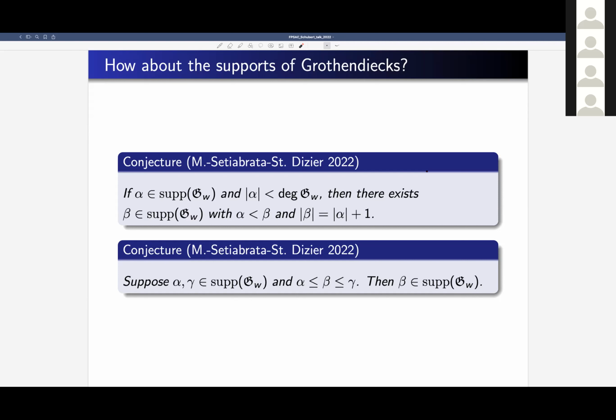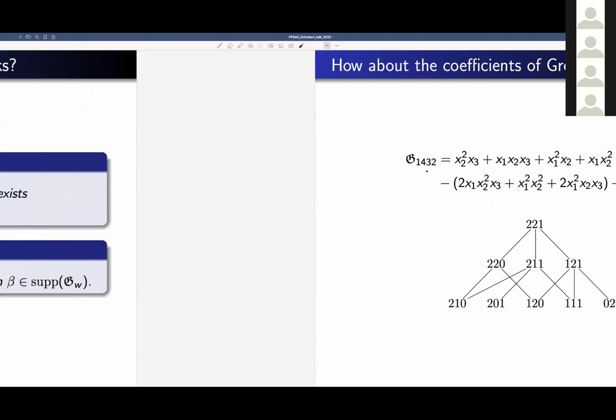Like with pipe dreams, you can go downwards. You take anything, you can go down because you get rid of a cross, right? That's how it's engineered, but this is going in the other direction, going upwards towards the top of the Grothendieck. Now, of course, when you have a poset, heck, you know,